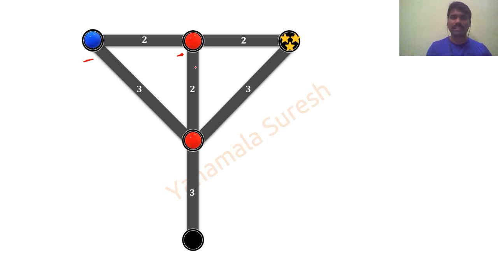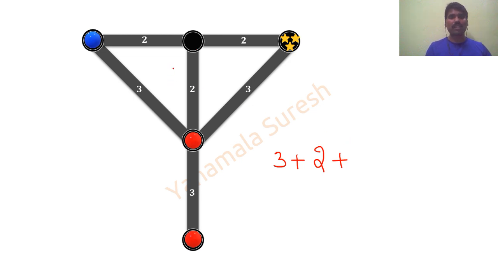Only one way is there, I have to move it down only. But if I want to move this red ball down, what do I have to do first? Initially I have to move this red ball one position downwards. I mean to say that if I click on here, I am using the number 3. Done, finish. Now my next movement is I am going to click here so that it will take the number 2. Done, finish.